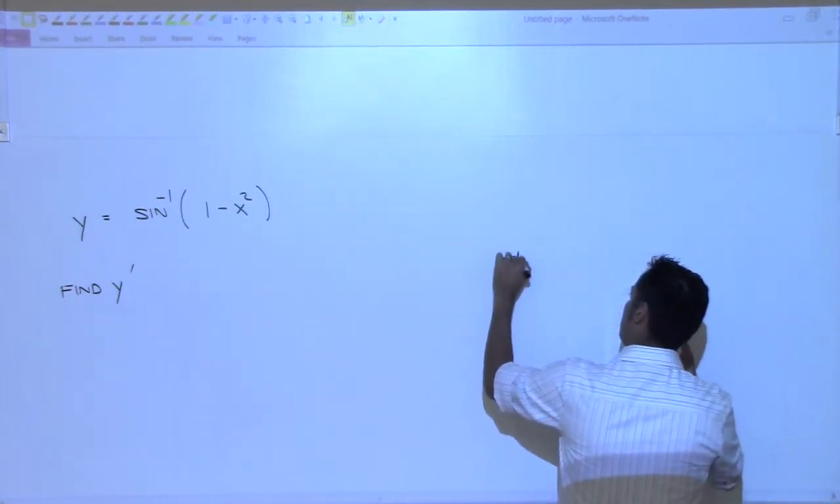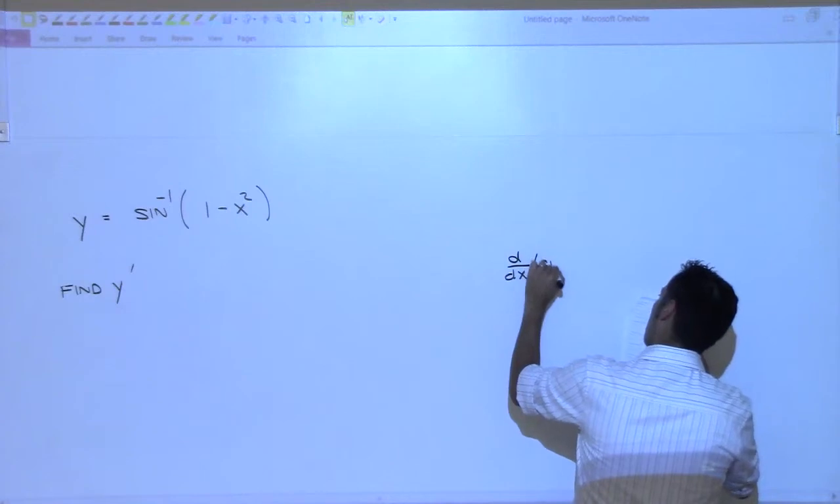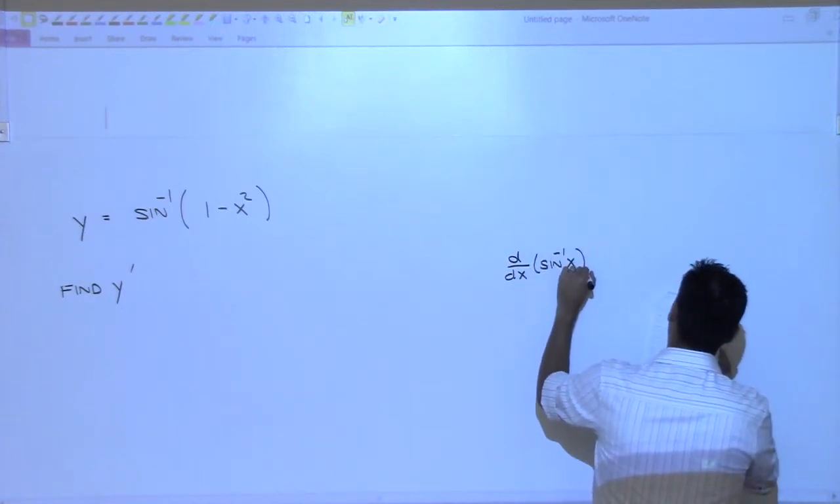On your formula sheet it says d/dx of arcsine of x equals,